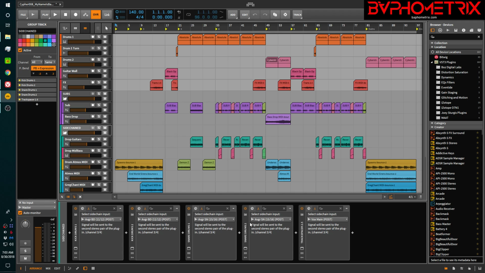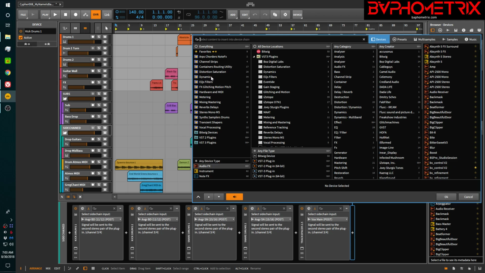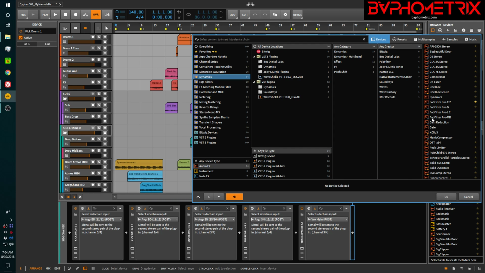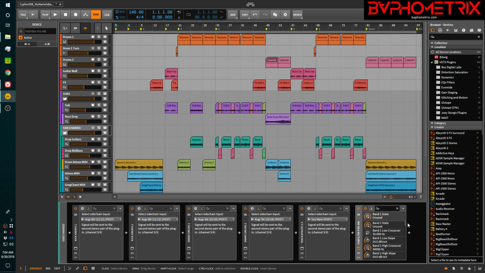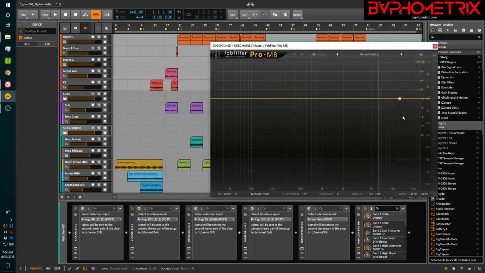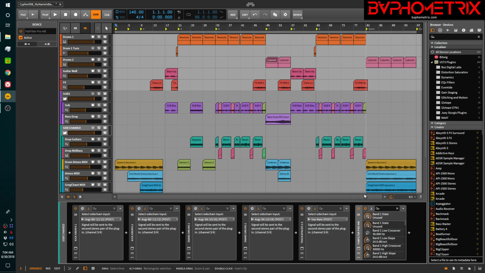In Bitwig, by contrast, whenever you drop in a device that has some sort of sidechain input, like let's just pull in a FabFilter Pro MB here. Okay, so Pro MB has a sidechain input, and any kind of VST you pull in that can take a sidechain natively, like it's built to have a sidechain inside it, will have this little drop-down arrow that lets you select the sidechain input. It's like Bitwig knows if it accepts a sidechain, it gives you the selector, and then